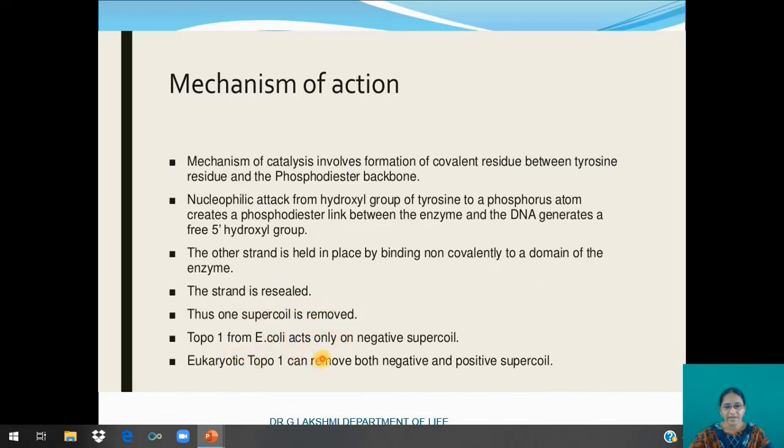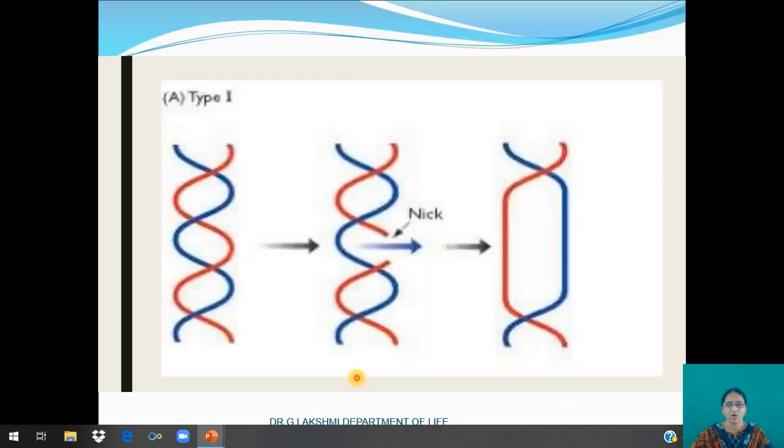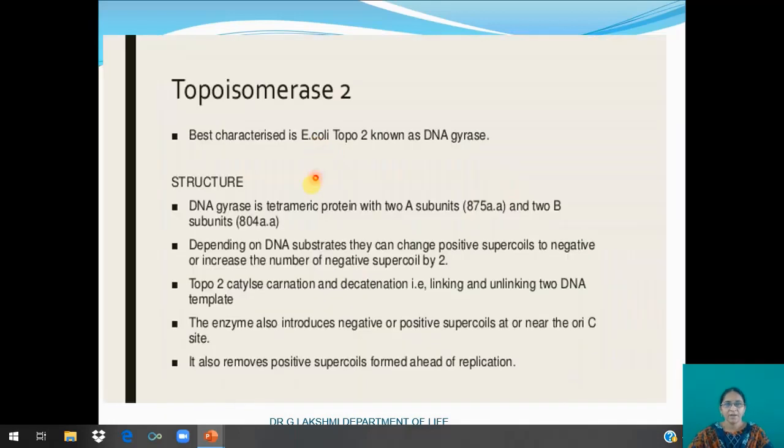Topo 1 from E. coli acts only on negative supercoils. Eukaryotic Topo 1 can remove both negative and positive supercoils. You can see here the enzyme cuts a single DNA strand, and this allows the removal of one supercoil at a time. Coming to topoisomerase 2, best characterized in Escherichia coli, this is known as DNA gyrase, which is